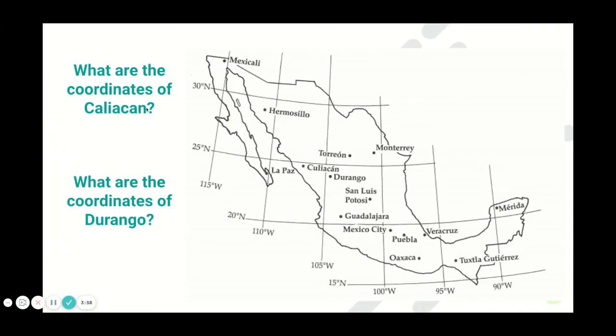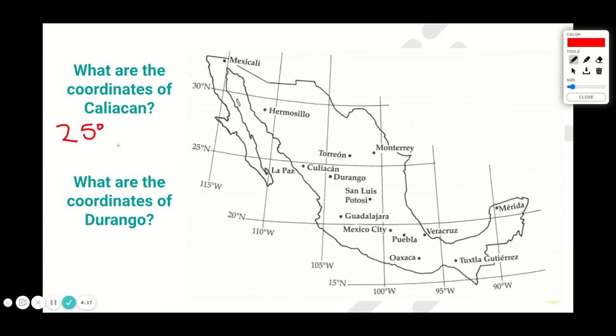All right, let's find the coordinates of Calacan. So Calacan is right here. Let's start out with those latitude lines. So it is between 20 and 25, but it's just below 25. I would still say 25 degrees north. Maybe, yeah, definitely 25. And then we want to find longitude. It's between 105 and 110. I would think it's a little closer to 105. So I'm going to go with 107